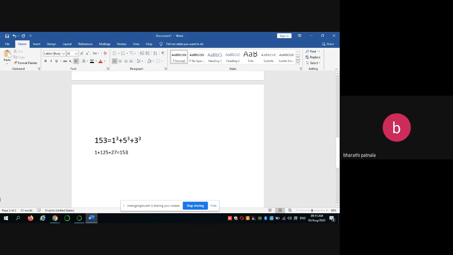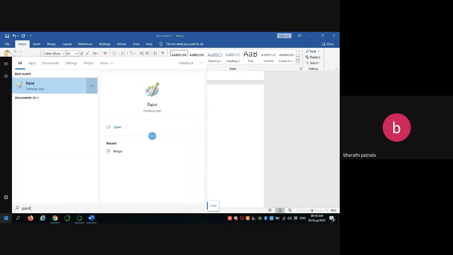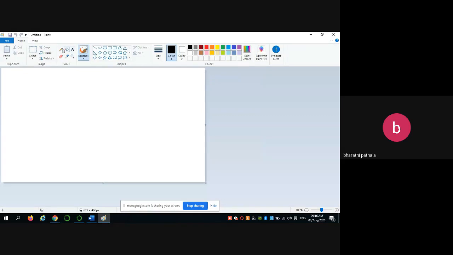So how can you do this program? Always remember that for this type of program, you need to retrieve the individual digits. So when we have to retrieve these individual digits, take 153 divided by 10. 15 tens are 150.